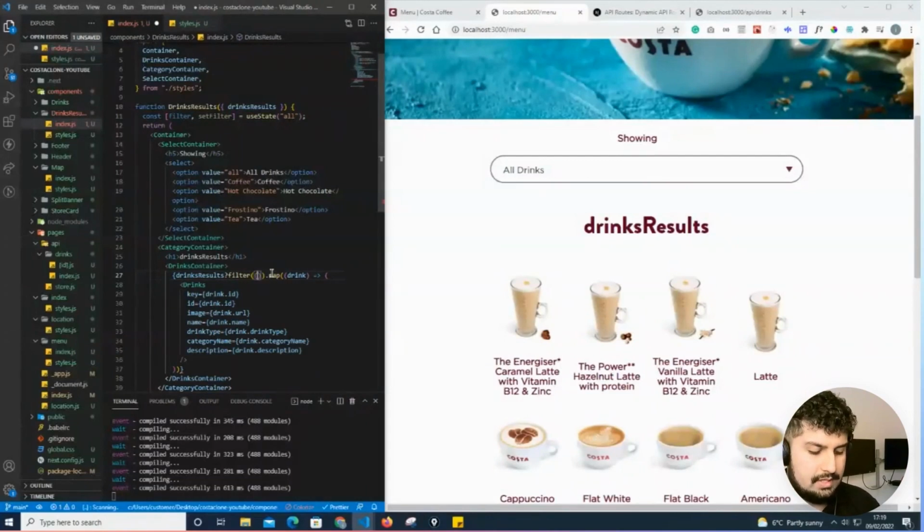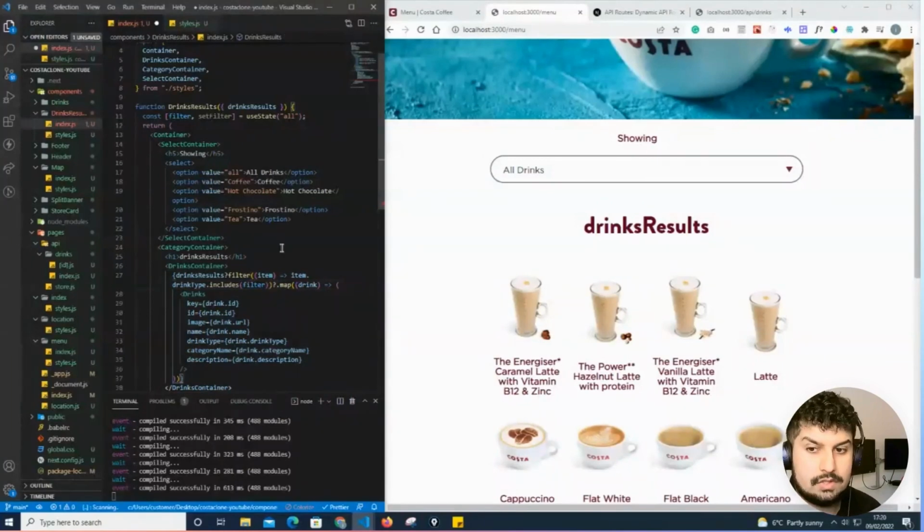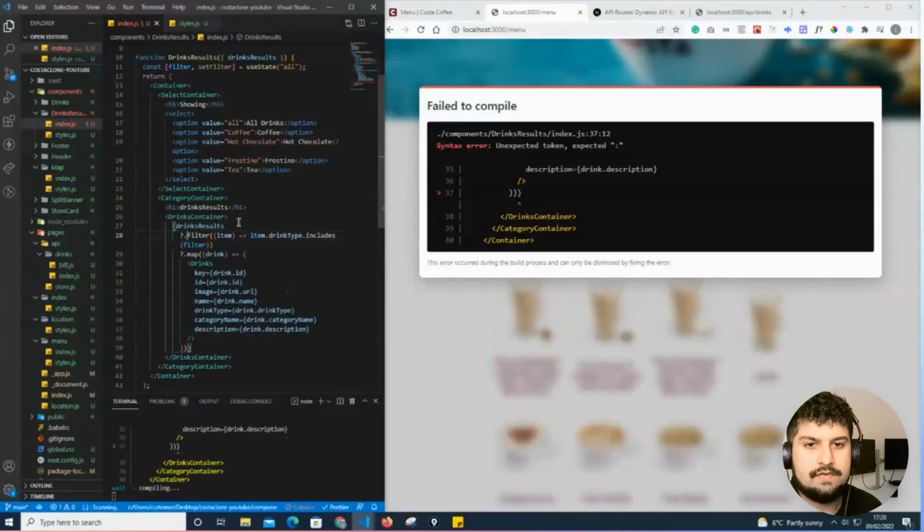So when we filter, I want to get the item, and for each item, I want to return if item.drinkType.includes the filter. Then we want to map all across. So at the minute, the filter is set to all, therefore all of the drinks will be mapped. And I just need to add the full stop on filter. Now if I save,